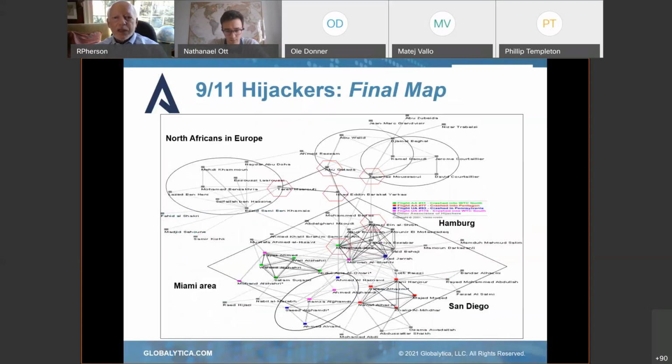This is getting into a more sophisticated analysis, where you can look at the boundary spanners with the red lines, and you see what's going on. And here you've got different groups. You've got the Hamburg group, the San Diego group, a Miami group. So you can continue to annotate this and do the analysis and figure out, with a chart like this, who's talking to whom and what is really going on. And you can basically map the entire dynamic. And that gives you tremendous insight into not only what's happening, but also who you want to target, where you can get the best information, who's most critical to the process, and who you have to pay the most attention to.